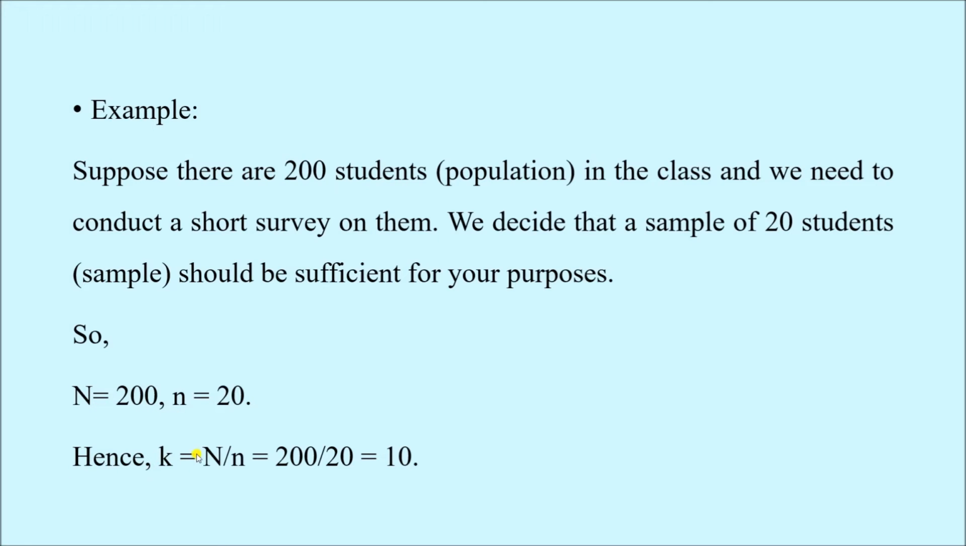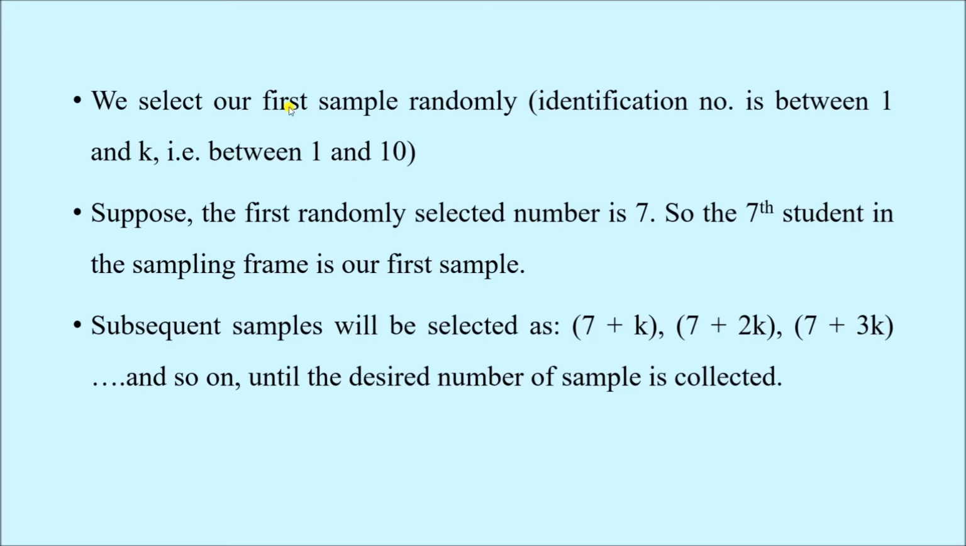So k is capital N by small n, that is 200 by 20, which is equal to 10. So this is my sampling fraction or sample interval. So this k value is 10. This is important. We select our first sample randomly in between 1 and k. Here the k is 10. So any number between 1 and 10 is selected randomly, and suppose the first random number that we have selected